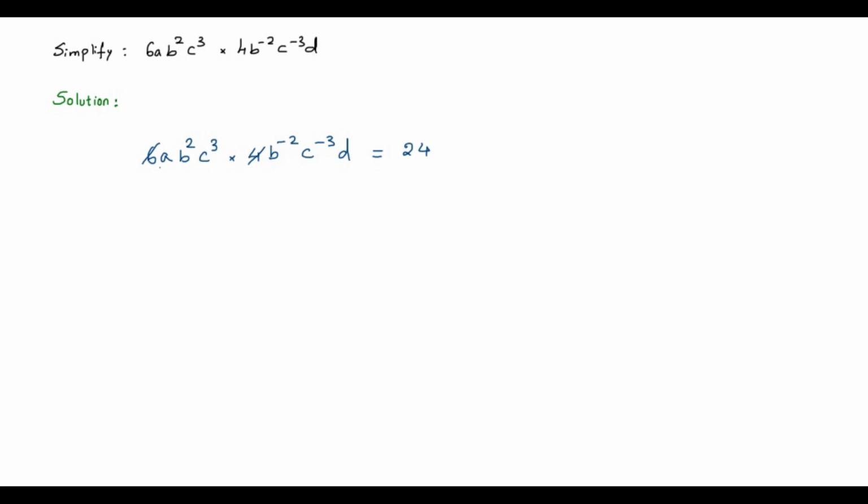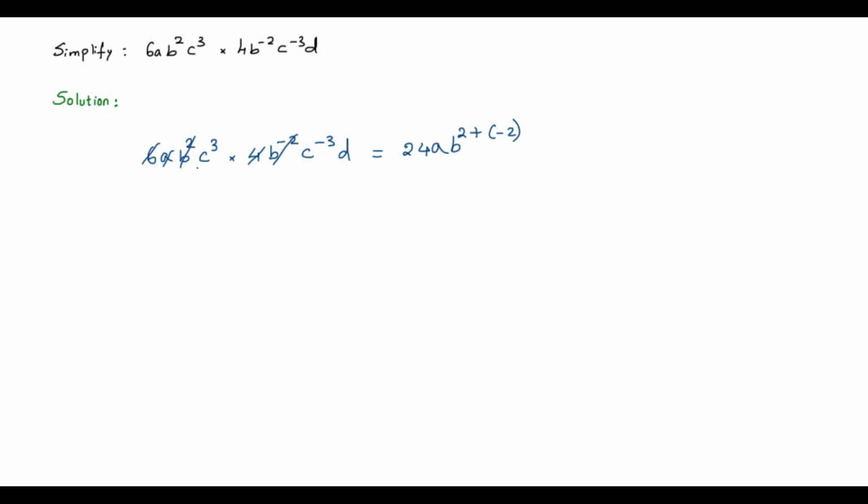Now we can multiply the terms with the same base. There is only one term with the base a, so we can take the a as it is. And I find two terms with the base b, that is b power 2 and b power minus 2. According to one of the laws of exponents, if I multiply two terms with the same base, what I need to do is take the base once and add the two exponents. So 2 plus minus 2. Okay, so we can cross out b to the power of 2, b to the power of